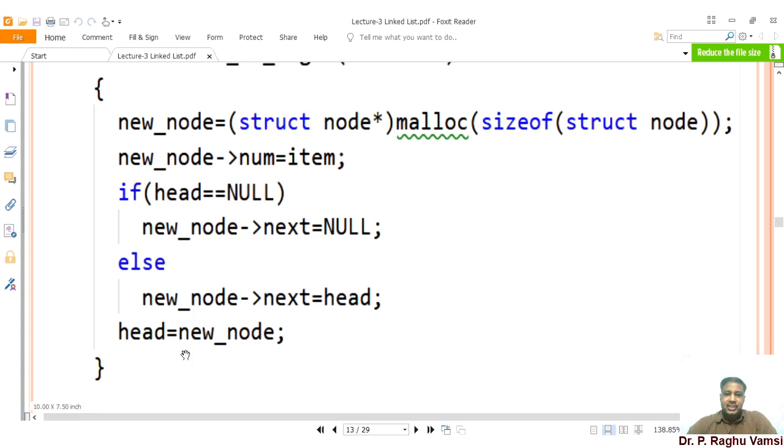Here, the new node is called a temporary variable. Just now I told you, you should not directly work with the head; you have to work with some temporary variable like this new node. You do whatever creations or manipulations you want with the temporary things. Then finally you have to add it to the original one, which is called the head node.